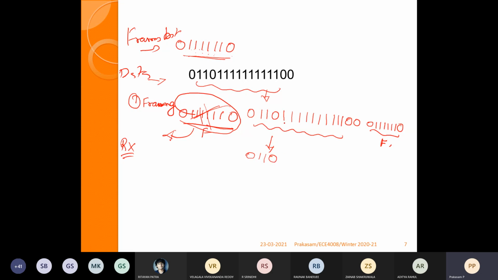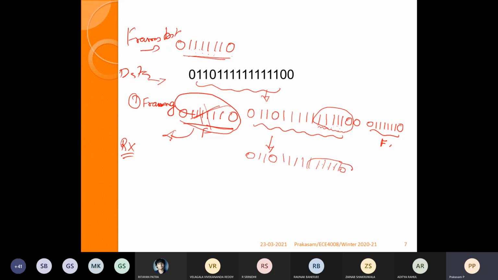Now if you see here, how many ones? 1, 2, 3, 4, 5, 6, 7, 8, 9, 10. While receiving this, it will check 1, 2, 3, 4, 5, 6. After 6 consecutive ones, a 0 occurs, so automatically the receiver will discard this as well.